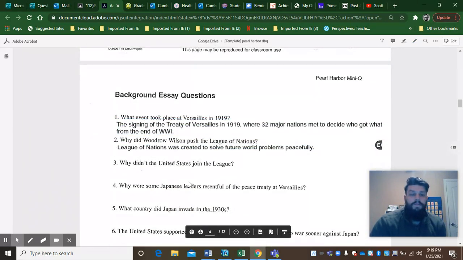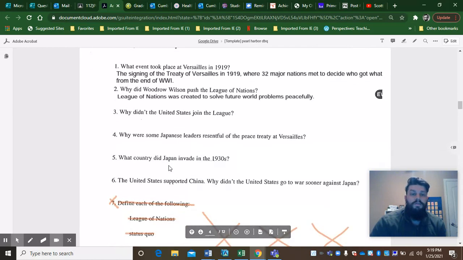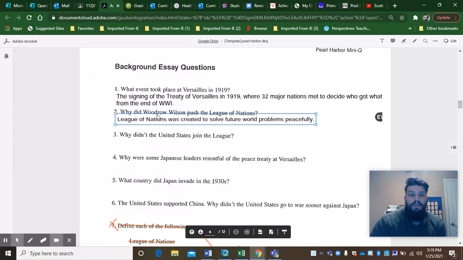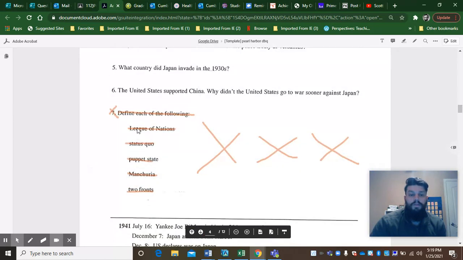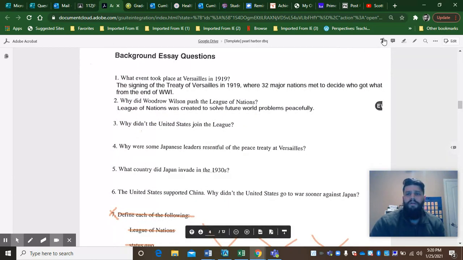Today we have already answered questions 1 and 2 together on page 4. Page 4 is one of the things that they need to answer. They only have to answer questions 1 through 6. I've already told them that they do not have to do number 7 because we've talked about it in class, and it's a part of their vocab words already. So if they were going to answer a question, let's say, why didn't the United States join the League of Nations? All they have to click is the text button there, the T button, and then go down to where they want to type, and click on that.